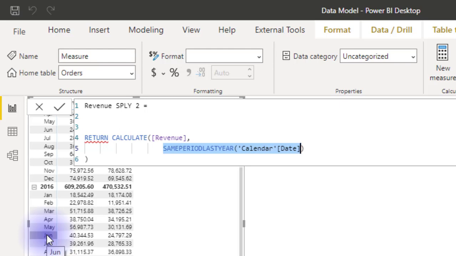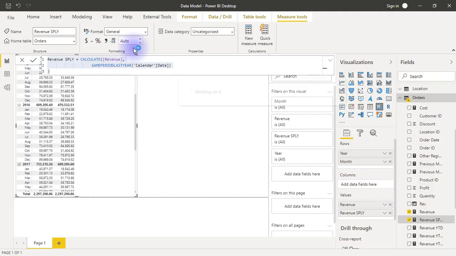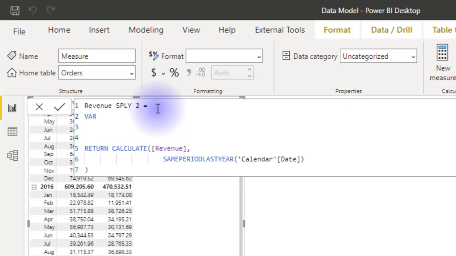Then we need to be able to travel back to the previous year and select exactly the same set of dates. So for each month like this, we get all the dates and we want to have the exact same thing for a previous year. We've seen a pattern that looks like this before, so it should be easier for us to understand this. So let me call this VAR, and let's say these are the currently selected dates. So let's say VAR SelectedDates